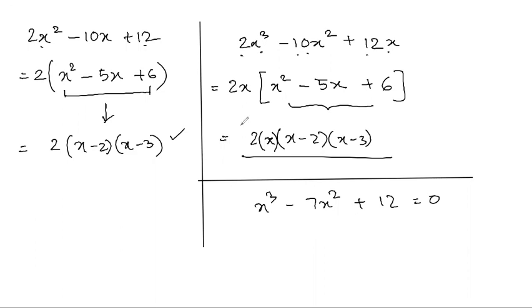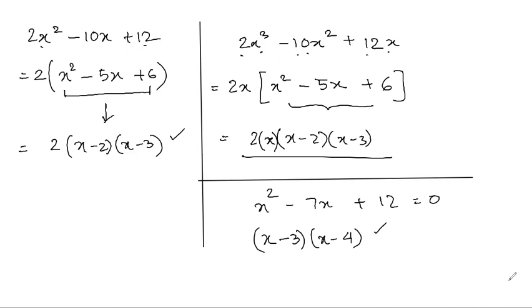I might try to, for example, if this was x squared and just x to the power 1, what would we have done? 7 you would have broken down as 3 and 4, right? So -3, -4 adds up to -7. Product is positive 12. So very simply, we broke it down as -3, -4, which added up to -7. Product was 12. So -3, -4 just comes down as it is. Very simple, and these are the factors.